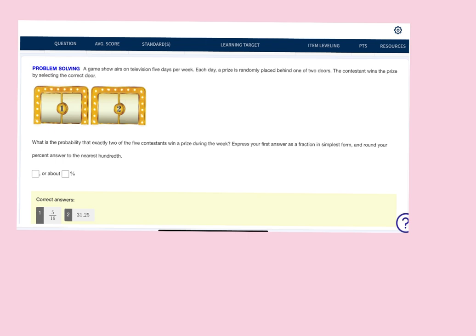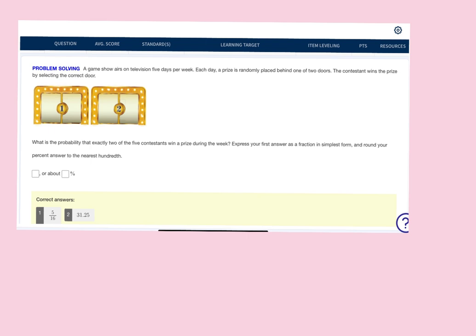It says a game show airs on TV 5 days per week. Each day, a prize is randomly placed behind one of two doors. The contestant wins the prize by selecting the correct door. What's the probability that exactly 2 of the 5 contestants will win a prize during the week? Express your first answer as a fraction in simplest form,